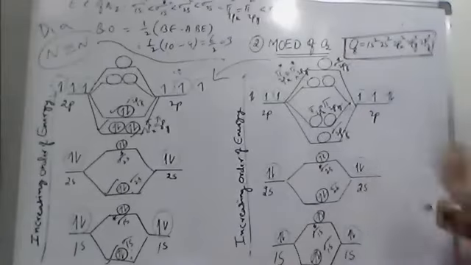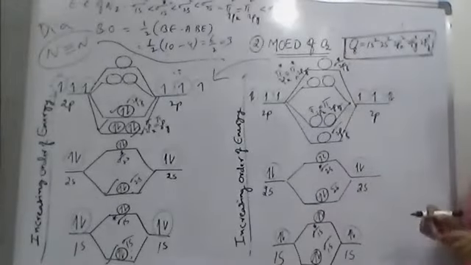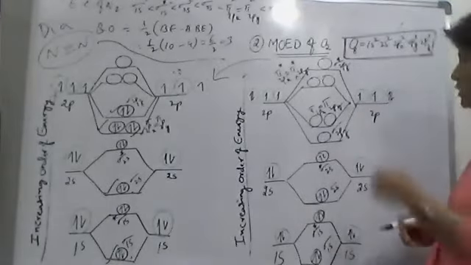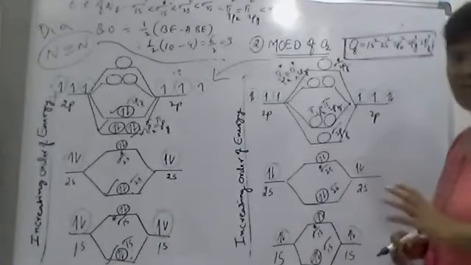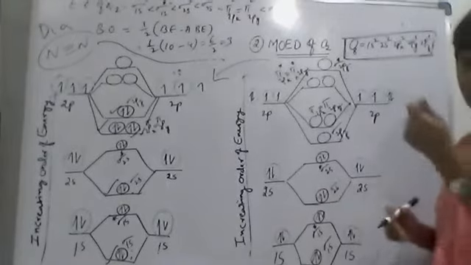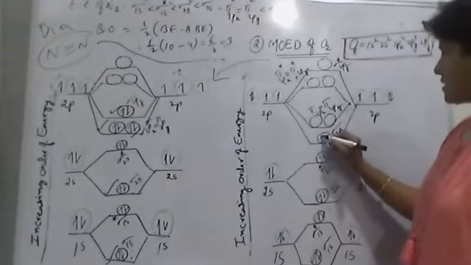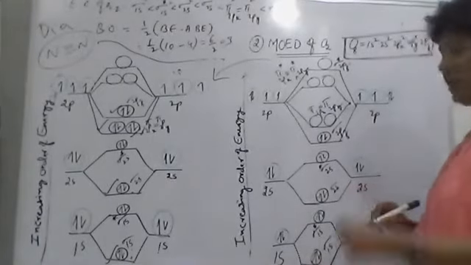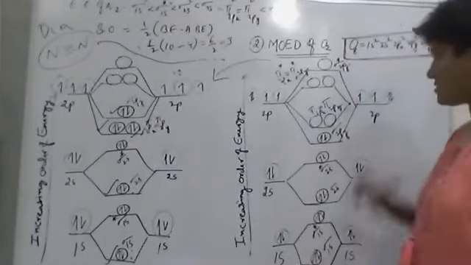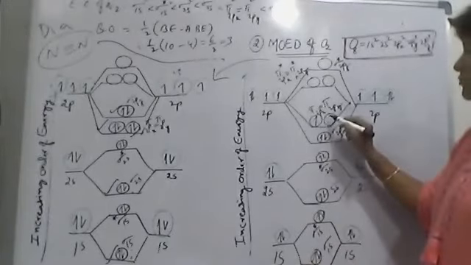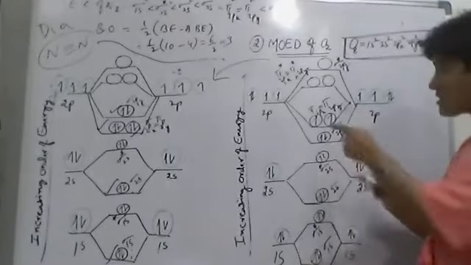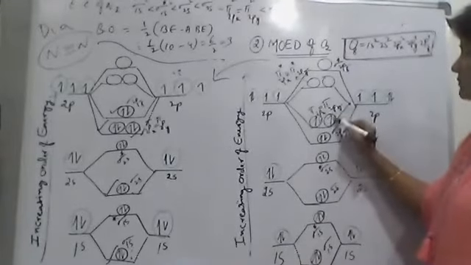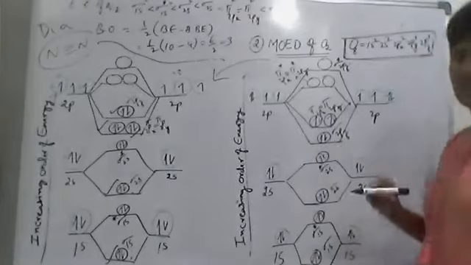Okay, so now filling the molecular p orbitals of this O2 molecule. 4 plus 4, 8 electrons. So I have taken 8 electrons, filling low energy first. First electron, second electron, by Aufbau principle, Pauli's principle. Now, out of 8, how many left? 6 electrons. So the third electron, the fourth electron will be in the adjacent orbital because of same energy, Hund's rule. Then spin pair. So 2 plus 2 plus 2, 6 electrons.